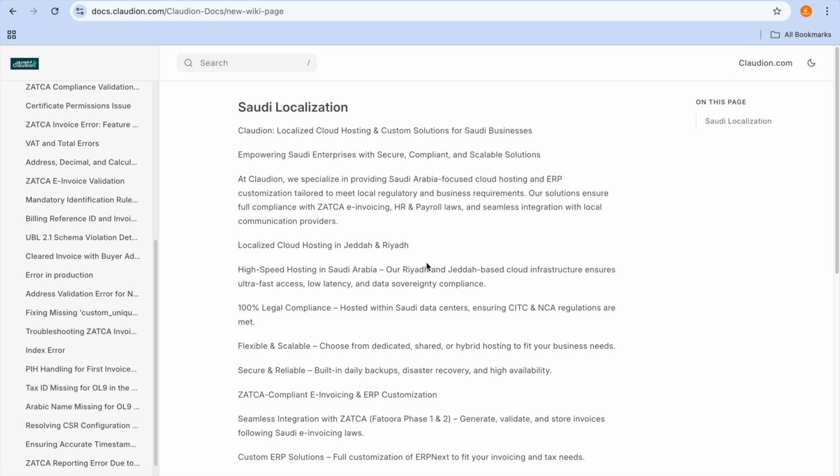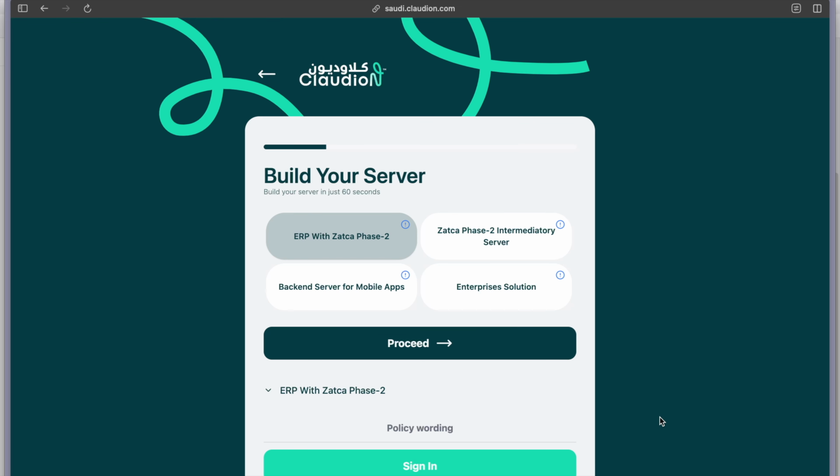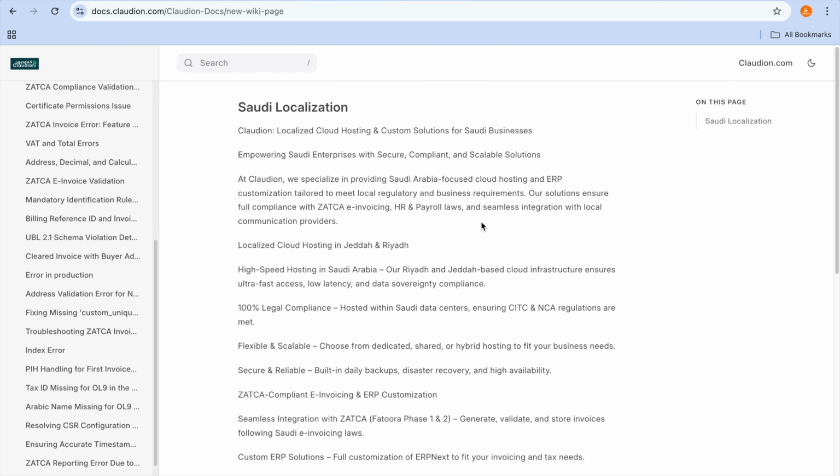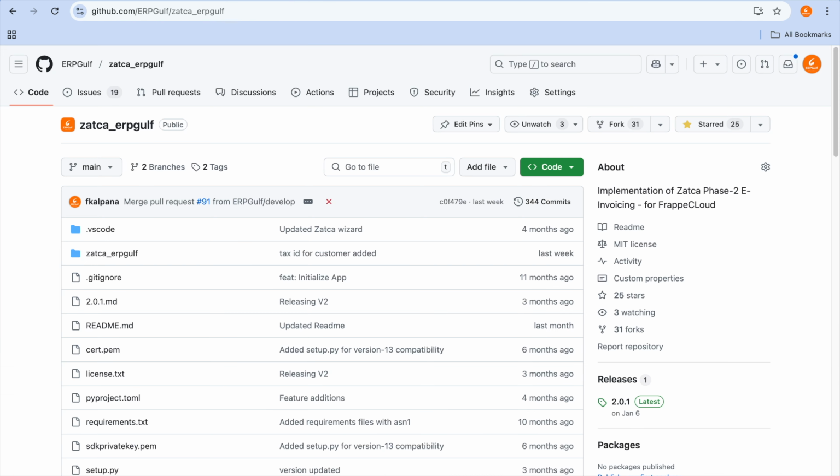And we have started a self-enrolling portal called Claudion.com. So you can just build a cloud server and put an ERPNext Frappe backend server with that. We have done something like an intermediate server. So if you are using different servers, you can use that as an intermediate server. We did an offline setup. We created PDF A3, a lot of things that we have done in the last one year. So in this video we will try to cover as much as possible,